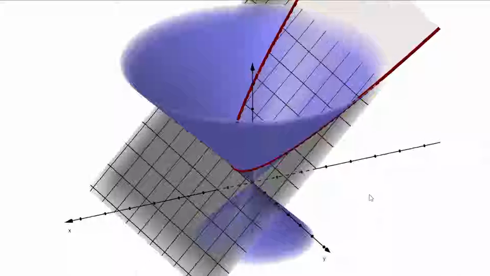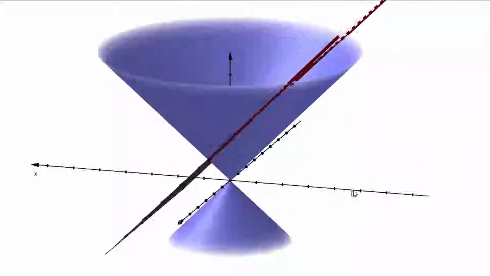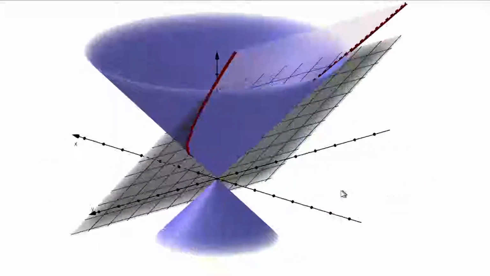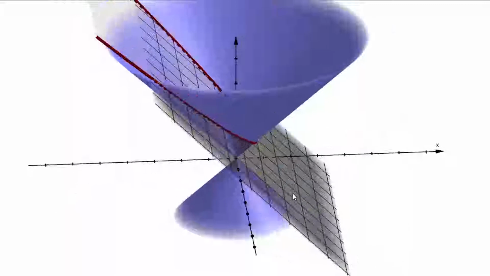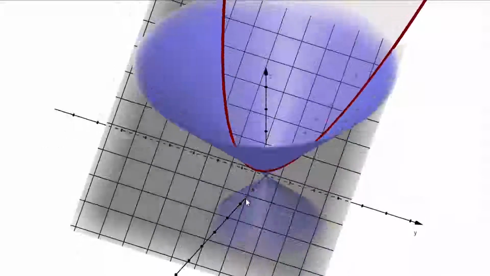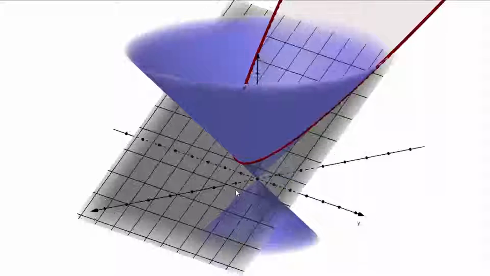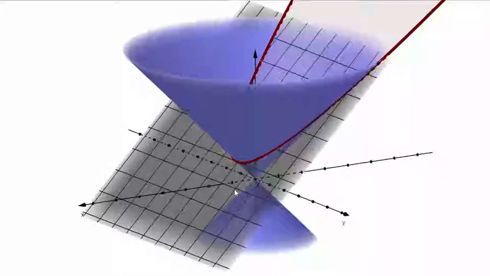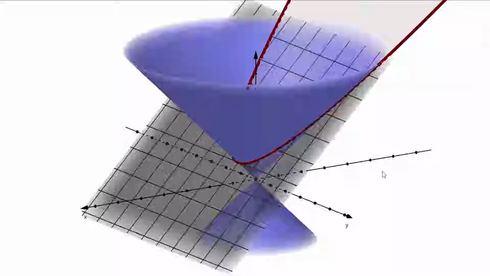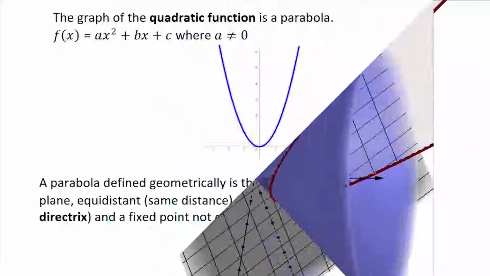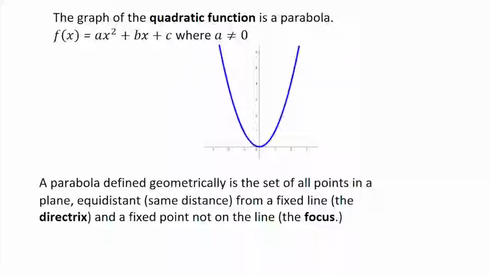So if we rotate this around, we can see the plane intersecting our cone here and observe a very clear parabola. And you can imagine we could move that plane around and get slightly different kinds of parabolas. We know the graph of a quadratic function is a parabola. A quadratic function is f of x equals ax squared plus bx plus c, as long as a does not